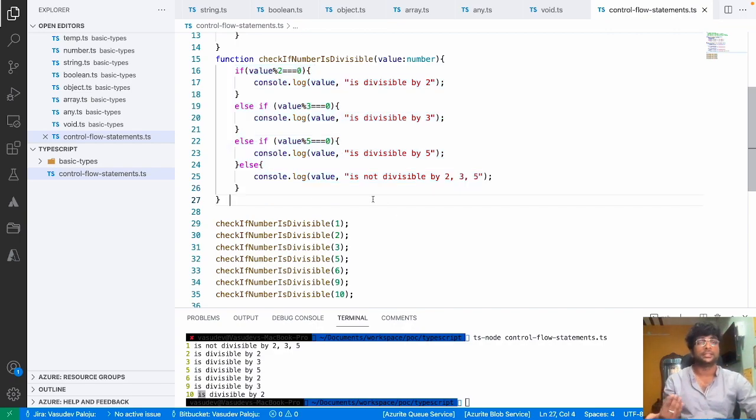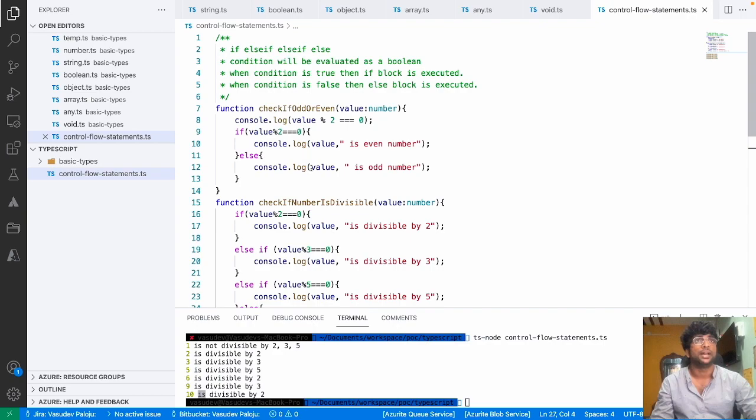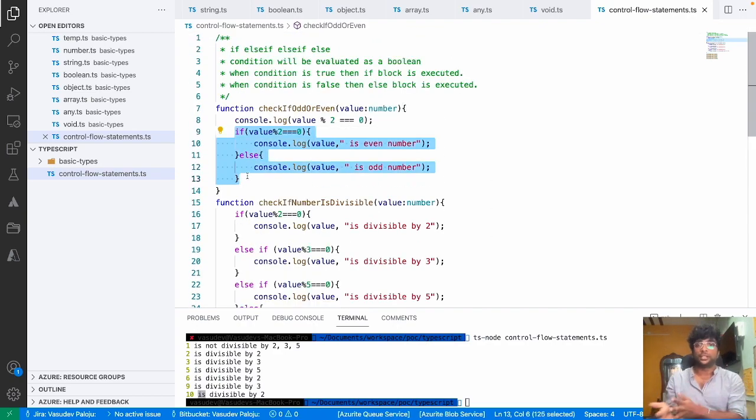So to avoid this, or to write a better use case where you can keep continuing your flow, we have other options with us, that is switch case, which we are going to discuss. Otherwise the if else and else if block are pretty much it. So when you want to execute a condition,